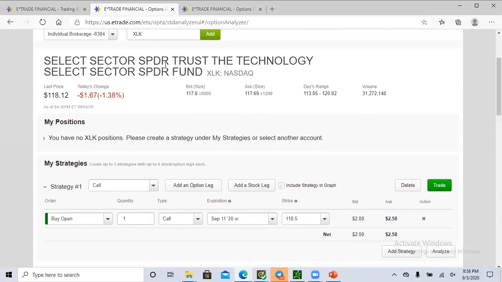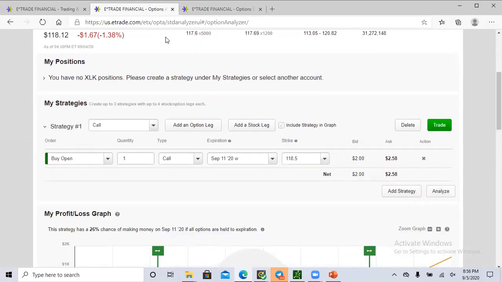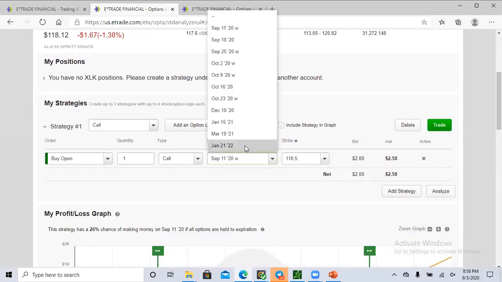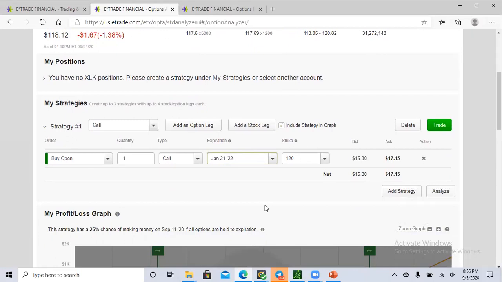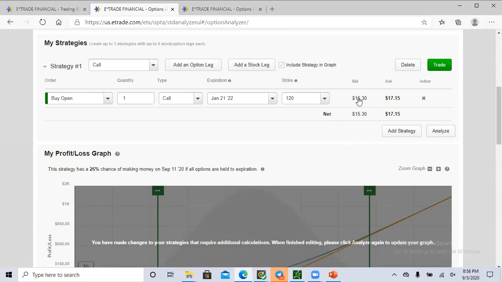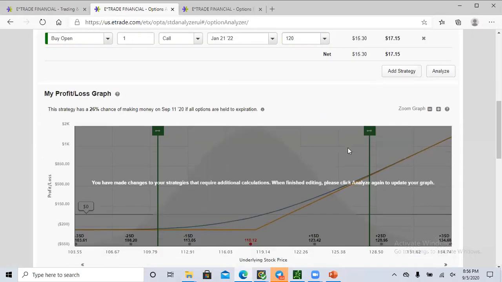So you can look at whatever. Let's look at January. So the current bid for one, with that strike, is 15. And then you'll be able to look